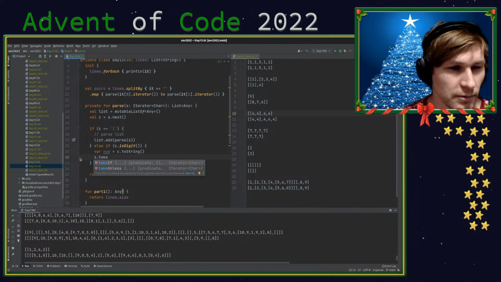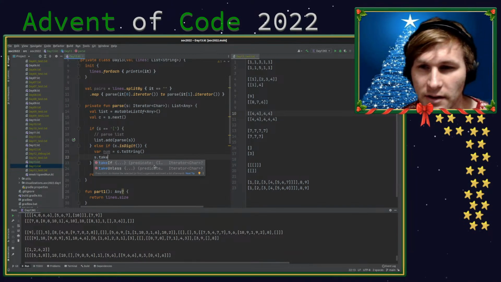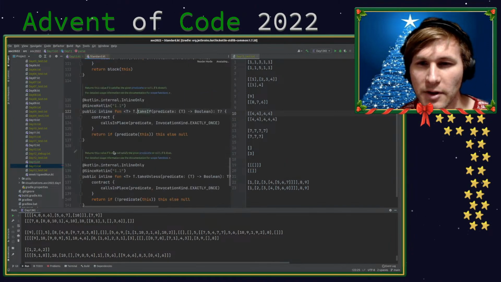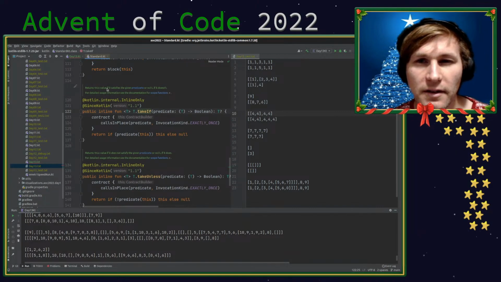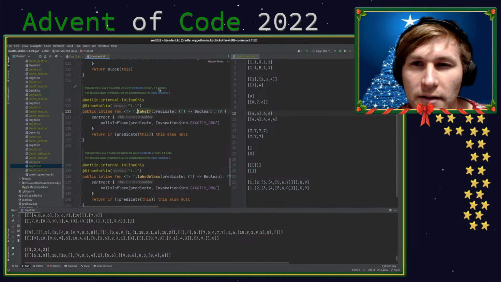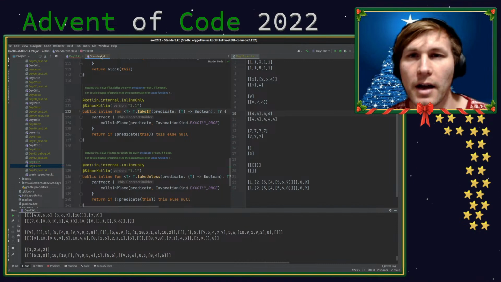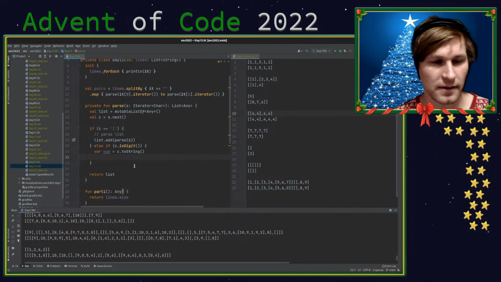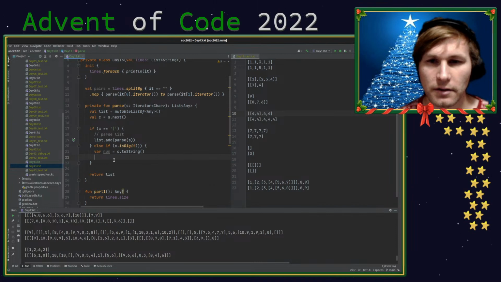Is there not like a take while or something? Take if, maybe? Returns this value if it satisfies the predicate or null if it doesn't. Huh, interesting. Can I do peek? I cannot. So this is annoying. I'll just say